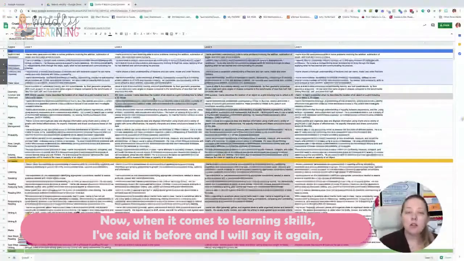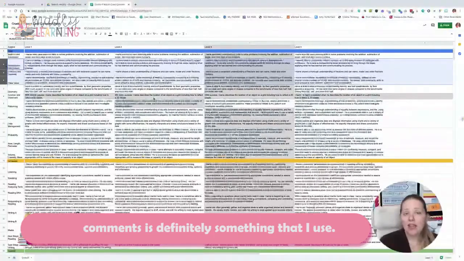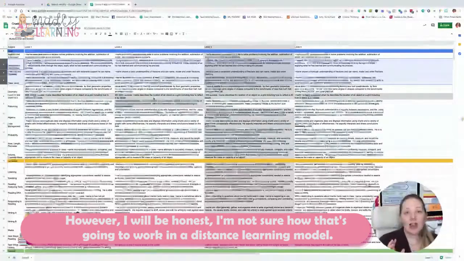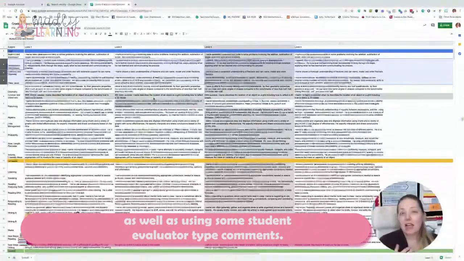Now, when it comes to learning skills, I've said it before and I will say it again, using Student Evaluator to help me develop my learning skills comments is definitely something that I use. However, I will be honest, I'm not sure how that's going to work in a distance learning model. So I might be using a hybrid of creating a learning skills comment bank for distance learning, as well as using some Student Evaluator